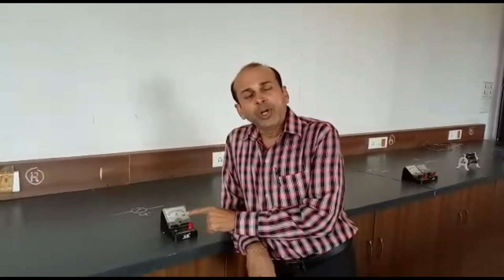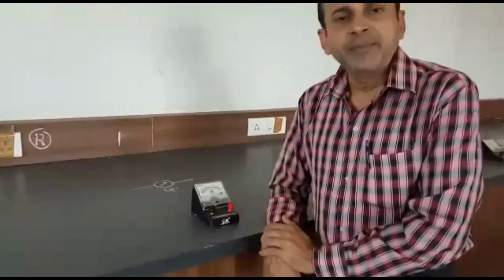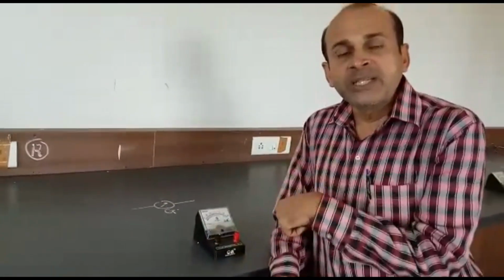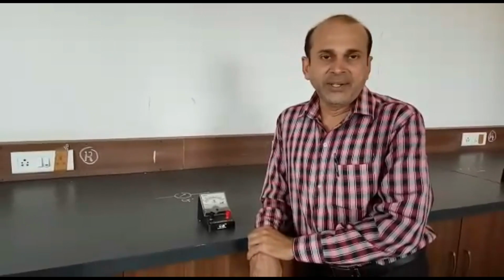So when you connect the galvanometer in a circuit, what will happen? If current is flowing from left to right, it will deflect this side, and if current is flowing in the opposite direction, it will deflect to the opposite side. If current is not flowing through the circuit, the pointer remains at 0 in the center. So using this instrument we can find the presence of current in the circuit, or the direction of the current in the circuit too.